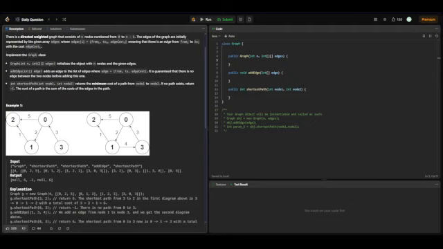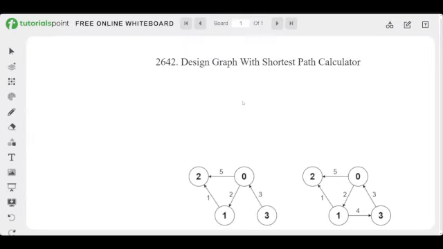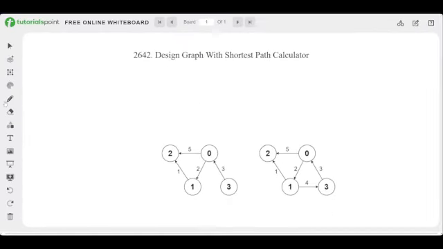Okay, so I'll not be explaining these two functions, and I'll not be typing the pseudocode for them, because these are pretty much easy. For the shortestPath function, I want to explain Dijkstra's algorithm. What Dijkstra's algorithm basically does is it helps us in finding the shortest path from a particular node